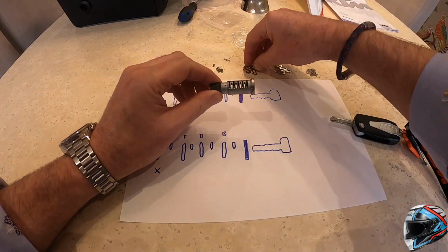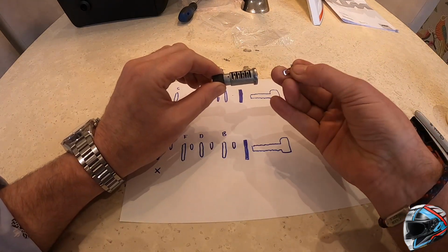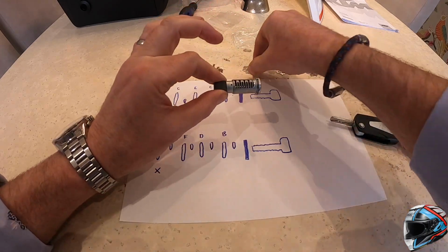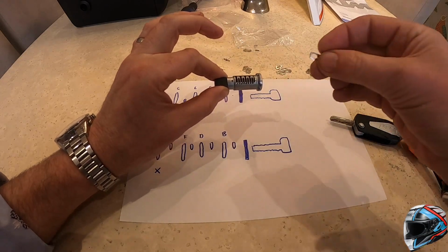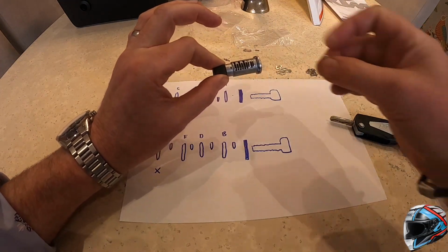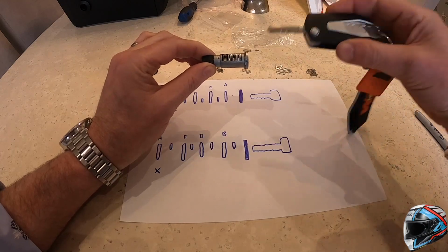And what you do now is you use 3 of the shims that are numbered 1, and you locate them with the longer lug here on top of the spring, so they fit in nice and neatly. Sorry, I'm a bit ham-fisted. Nice and neatly into there. Like so. And the next thing you do is you get your key